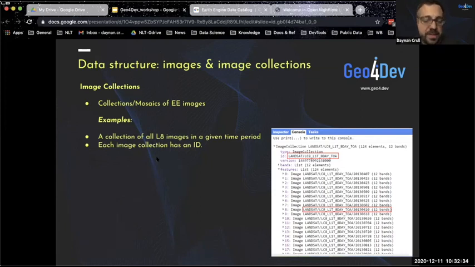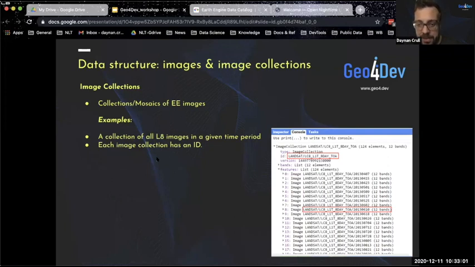Images are basically how we would describe a single scene, or you think of it as the raster file itself. You could consider an image, and it may have multiple bands. So when you think of it in the Google Earth Engine ecosystem here, the data structure of a single file is an image, if it's a raster file. And if you have a bunch of them, you have a collection. So you have an image collection. So we're going to use those terms a lot.